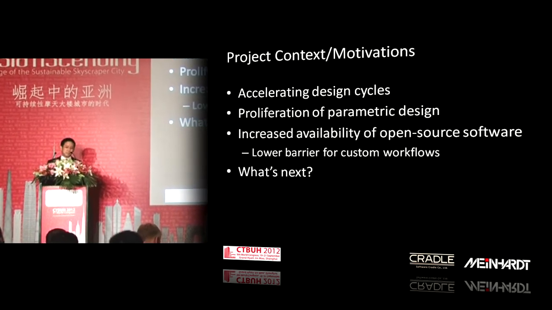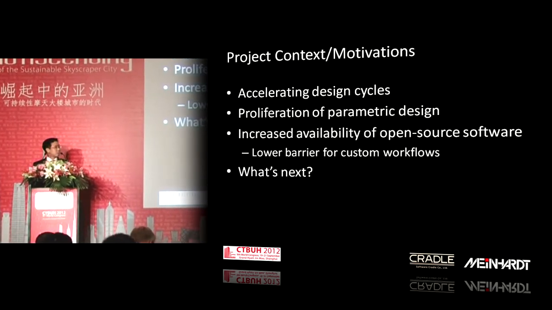Layer on top of that, we have parametric design. So not only can we do things more quickly, we can do more options in the same amount of time. All these things, one would think, would be very expensive to execute, but actually that's not true, because a lot of the tools are pretty low cost compared to what they might be. And a lot of software is now open source. So you have a lot of tools that you can deploy on your projects that allow you to do things pretty quickly.